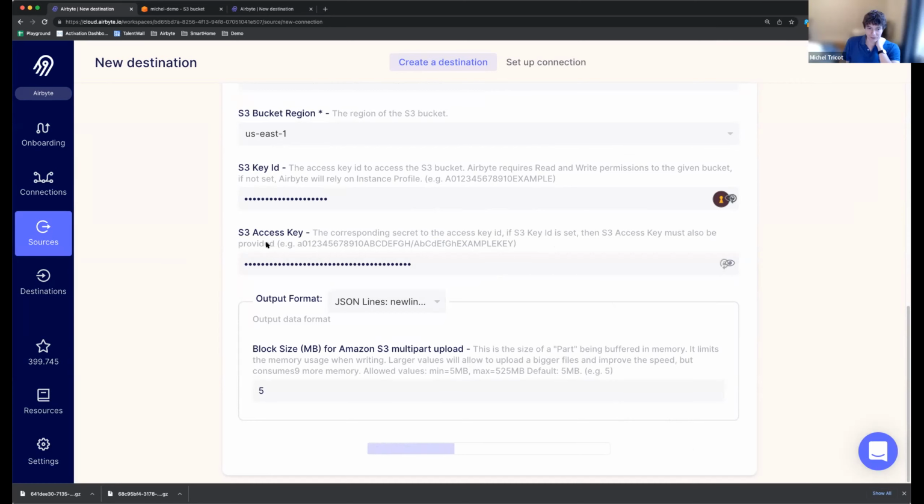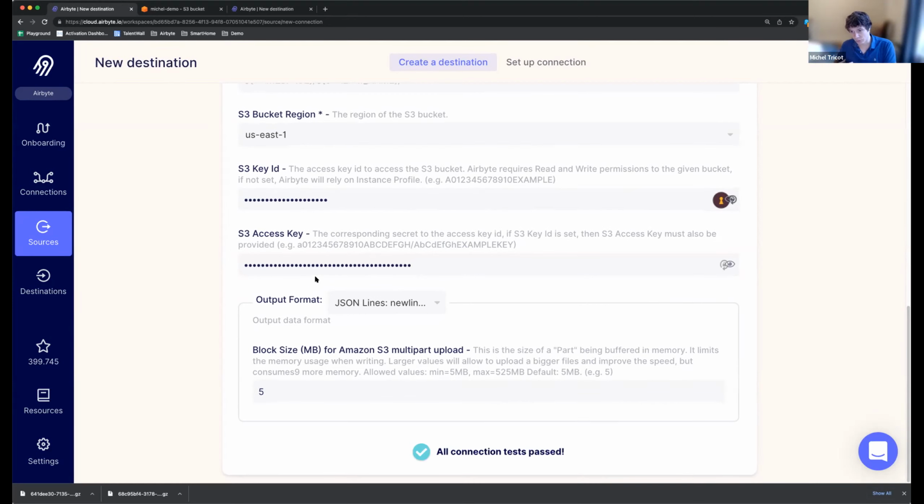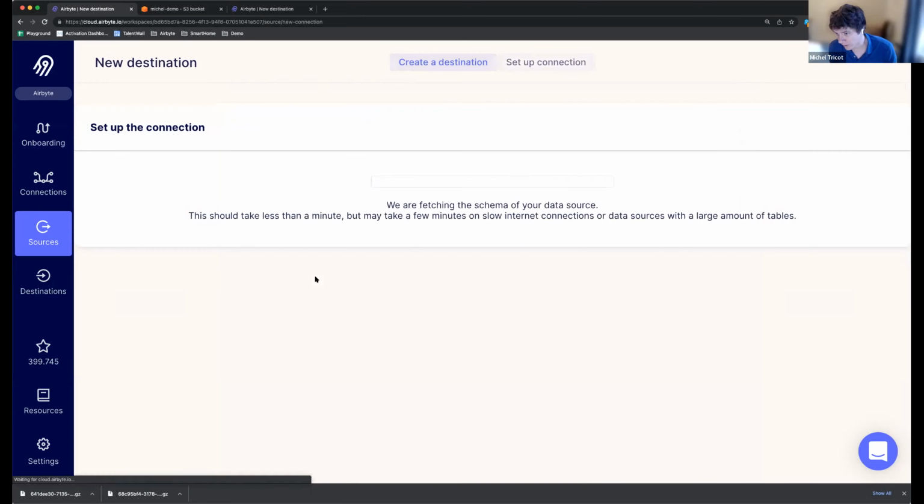Exactly. The goal here is to make it very, very simple to configure. We're still working on splitting up options, what is necessary and what can be optional. For example, when you're working with databases or blob storage, you very often have something that you need to customize depending on the volume. These are things that we will have more in the advanced settings for connectors.